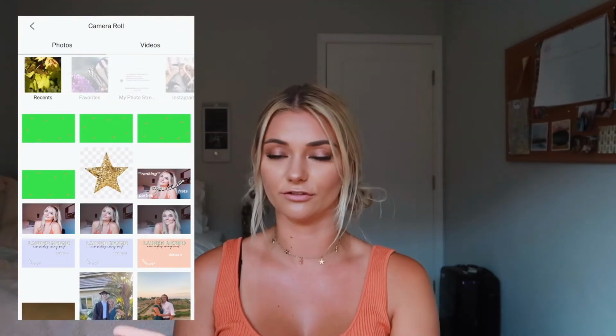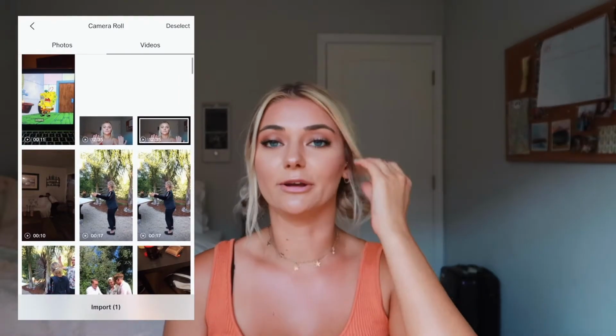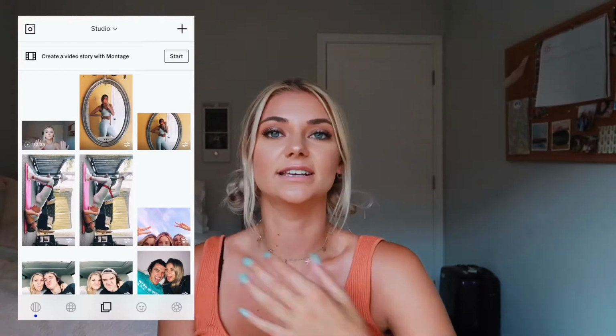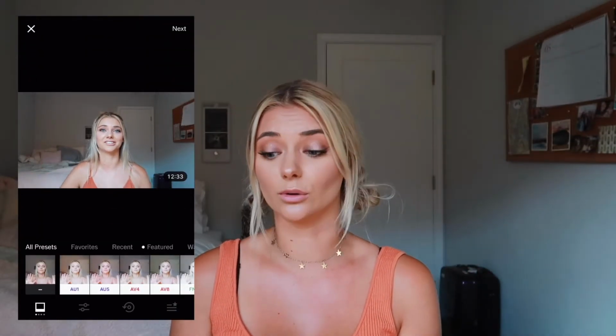That way it's saved in your phone, because you can only do it on your phone. How many times can I say the word phone? But anyways, once you open up Visco, all you need to do is hit the little add plus symbol and then switch over to videos, and you should be able to find your video on it.